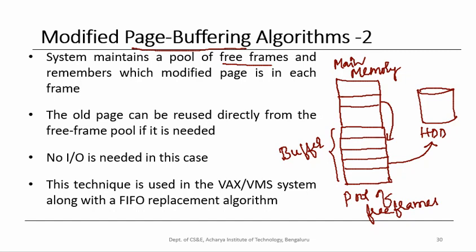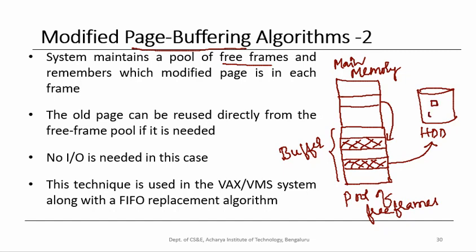Now once we write these pages onto the hard disk, we could give these frames back to the pool of free frames and call them free frames. But we don't do that. We keep these pages as they are, thinking that these pages will be referenced by the CPU in the future. So now we know that these pages are in the pool of free frames and they are there in the hard disk as well.